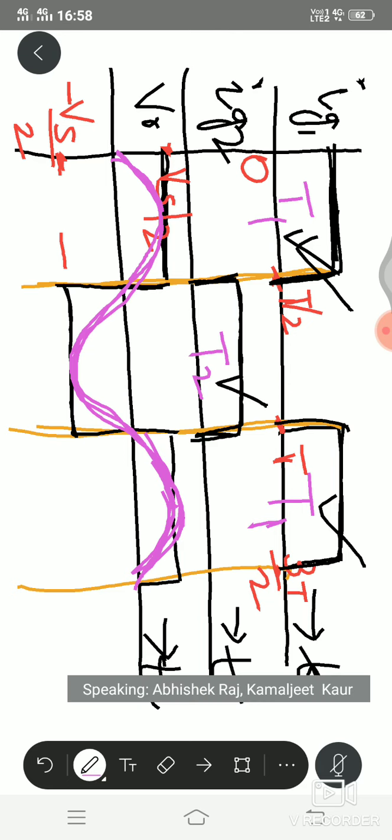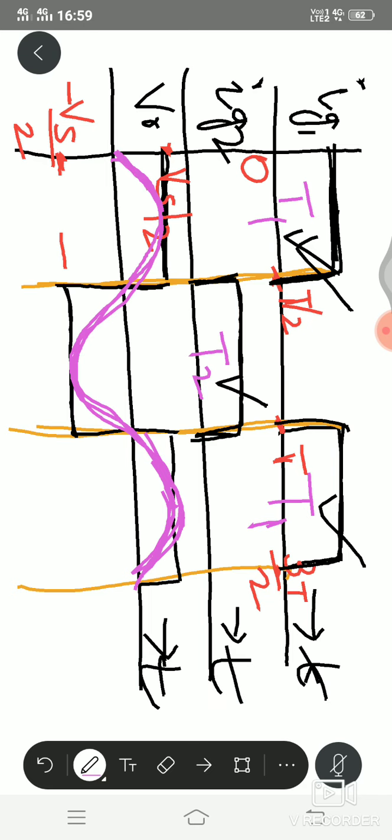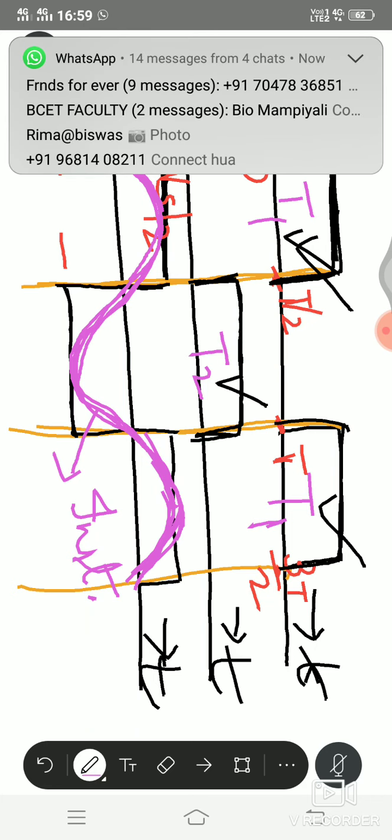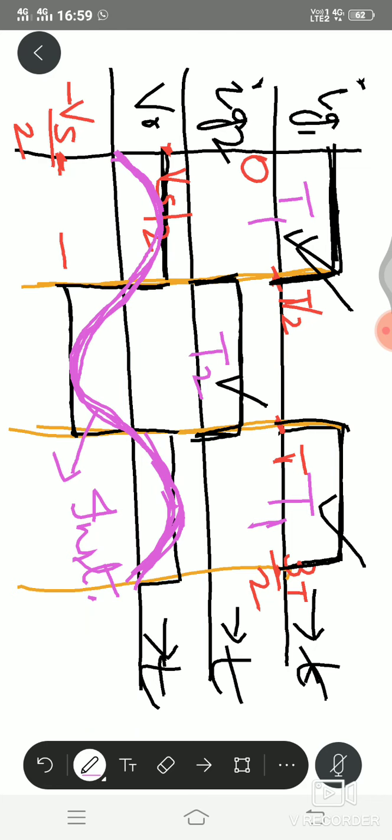So this is how it is proved that we are giving DC in the circuit. DC we were giving, Vs by 2, Vs by 2. We are connecting two sources. Those were the DC sources. And here you just follow the pink line, you'll find it is AC. So this is how it is proved that we are giving a DC and we are getting a variable AC output voltage, right? So please note it down here, write down instantaneous output in Fourier series.